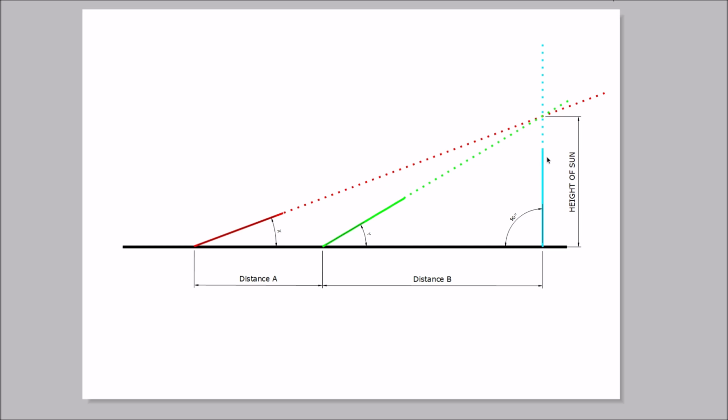If all 3 of those lines of sight converge at one spot, they're all looking at the sun, and they all converge at one spot, that means that from those 3 locations, that's where the sun is, and you can measure a height above the earth for the sun. And it works on a flat plane. If that actually fits with your data,